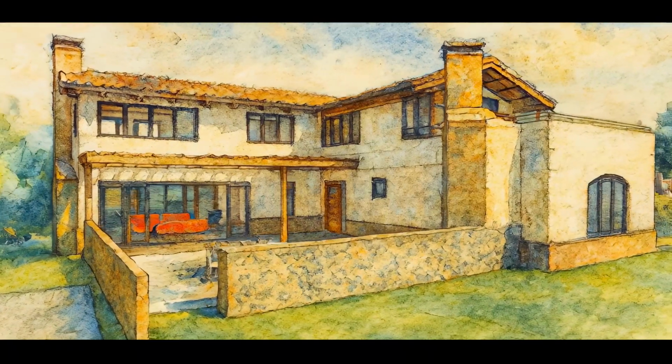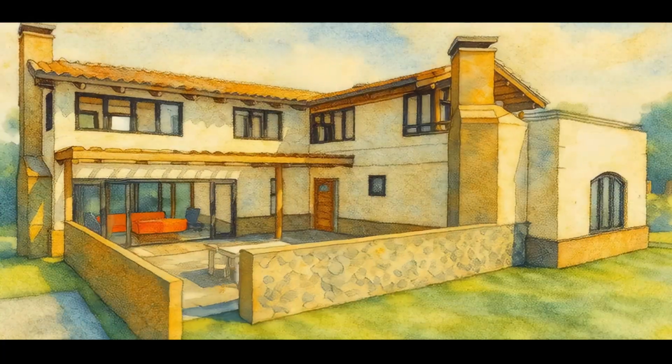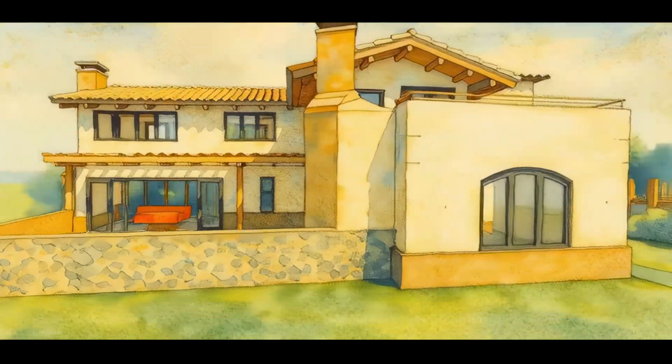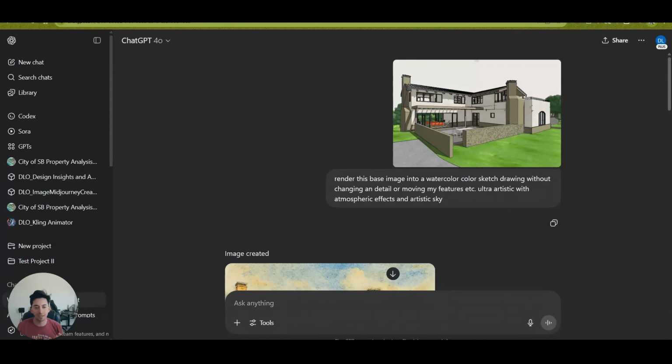Hey guys, this is gonna be a really quick video on how to AI power your images without altering your design. I know a lot of you ask how you can create an AI image that is based on a 3D model you already have. And I know there are different methods that I covered in my last video, but really the best one